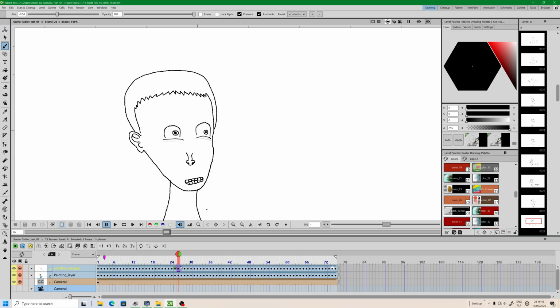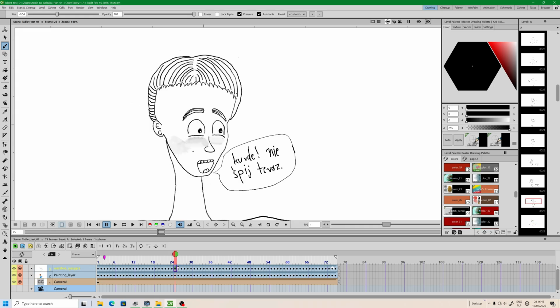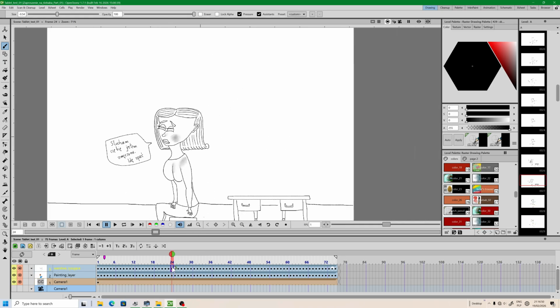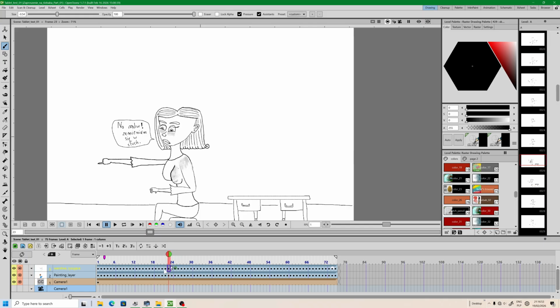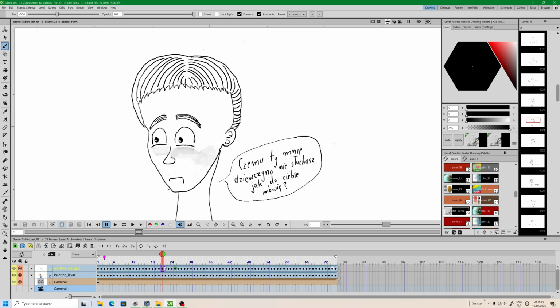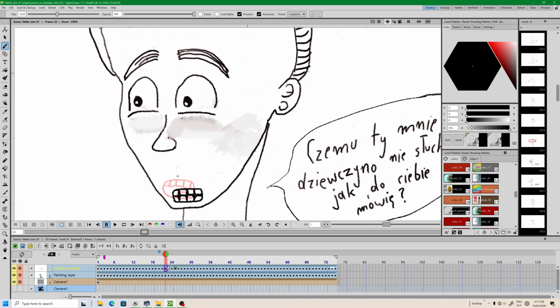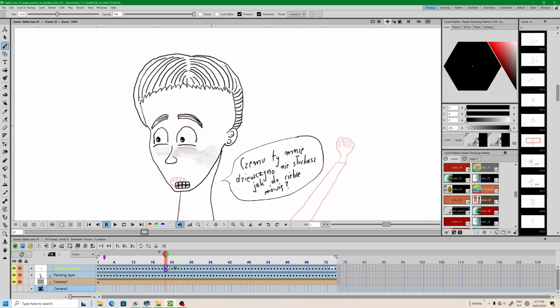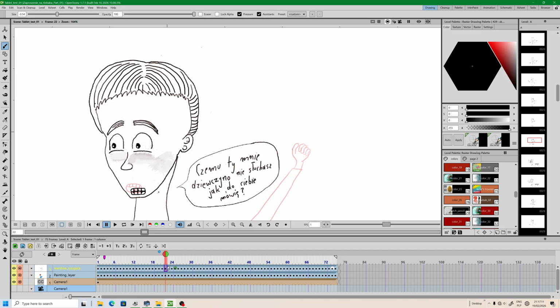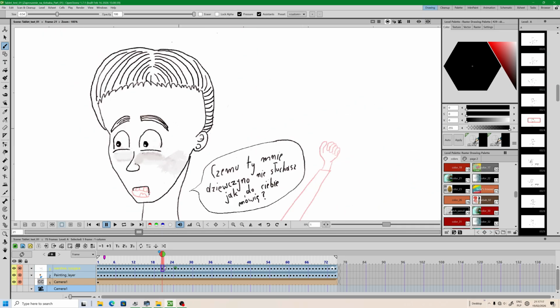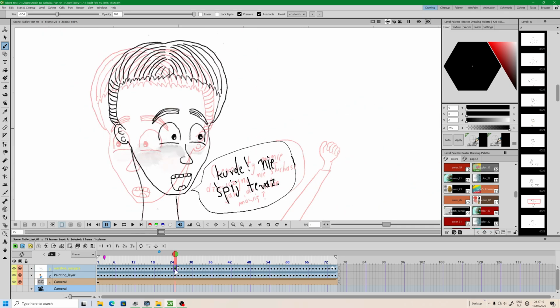Okay, with me today. I wanted to publish a very interesting video on how to draw the same face of the character. To speed things up, because when you use OpenToonz, you can use onion skin, but the thing is, you have to draw the character's head once again. I found a very interesting option you could use to make it faster,